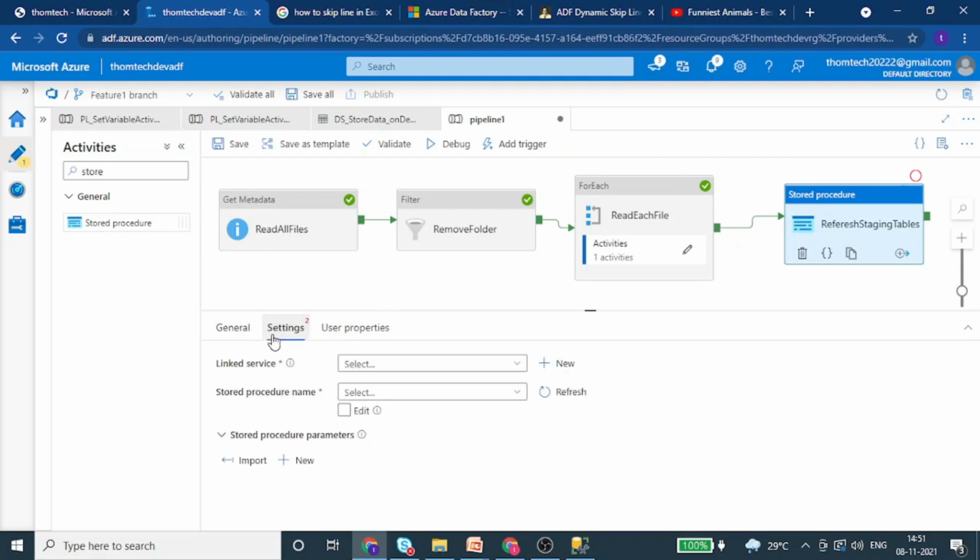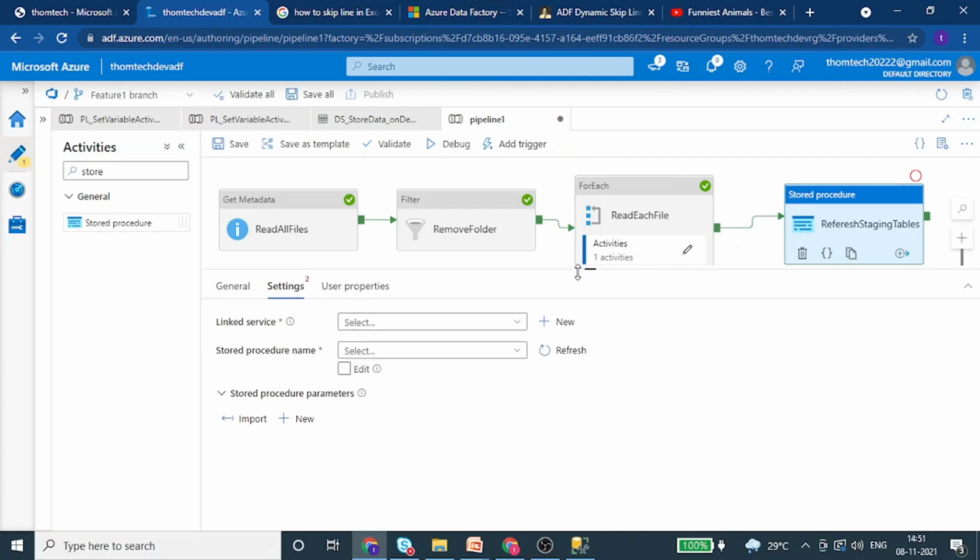Okay, and then go to the settings over here. Since it's a SQL connection, we will go and give the SQL linked service connection that we have created. To create the linked service and the datasets for SQL Server, I will show that in the coming sessions. Okay, and then from the dropdown, let me go and select the stored procedure name. Let's click on this and select my stored procedure that I have created under this linked service. Okay, so I have selected this as well. If you have any type of parameters, that also will show up over here if you want to pass, or you can import it. Okay, so that's it.